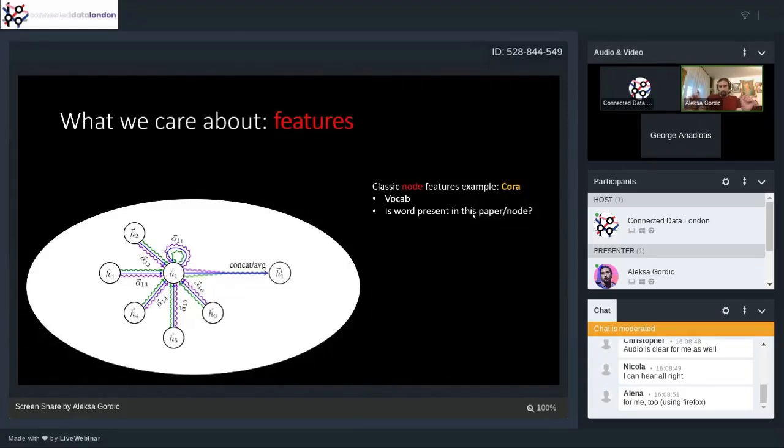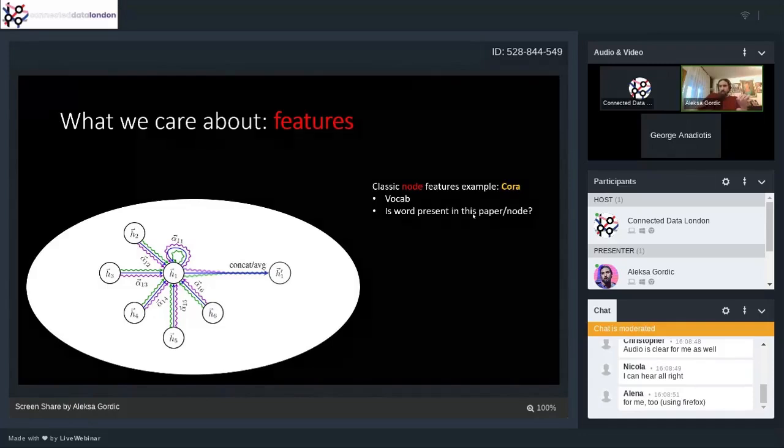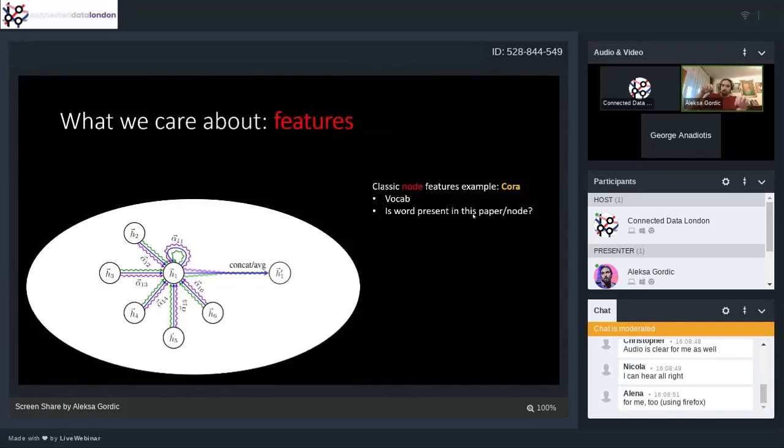And so what you do now is the following: if you want to associate a certain feature vector with a certain node, you ask the following question: is this particular word present in this particular paper? And if it is, you just put 1. So for example, kernel may be a popular word, and then you ask the question, does this paper have kernel as a word inside of it? If it does, you just put 1 there, and you basically get a huge binary vector, and that's Cora.